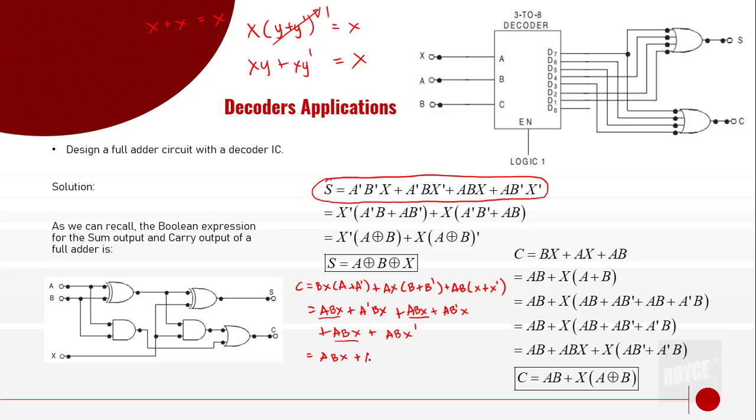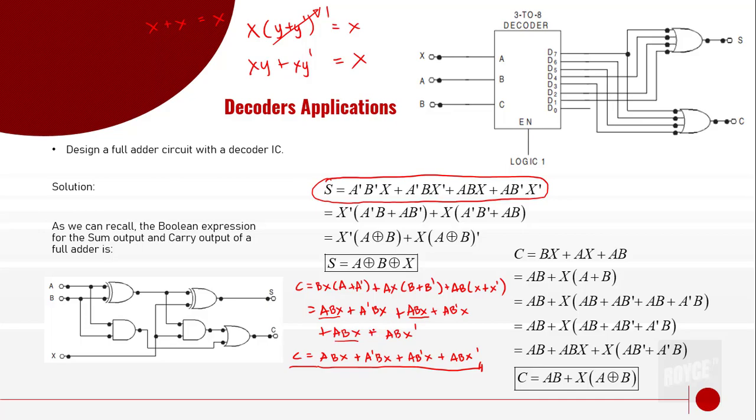Ito A prime, BX, naka-OR sa, this one is A, B prime X, naka-OR sa AB, X prime. Ayun. So, mayroon na tayong standard SOP form for our carry output. Now, since we already have these two, we can